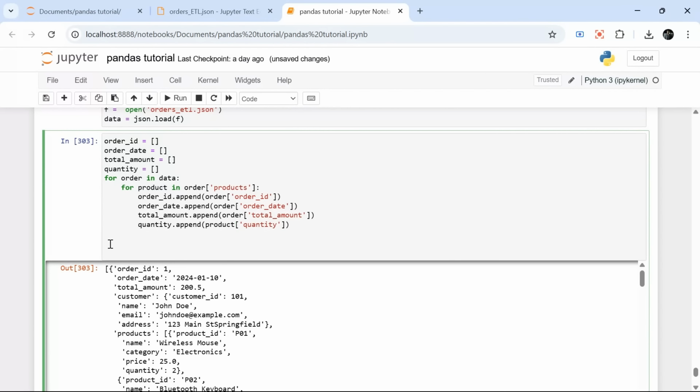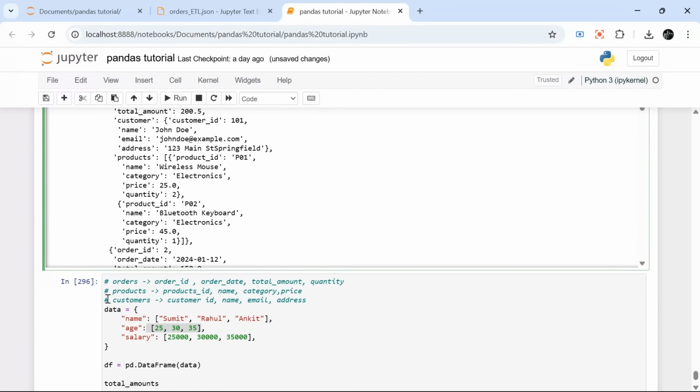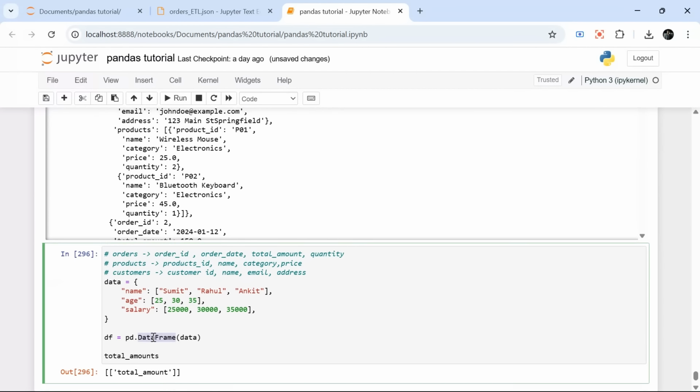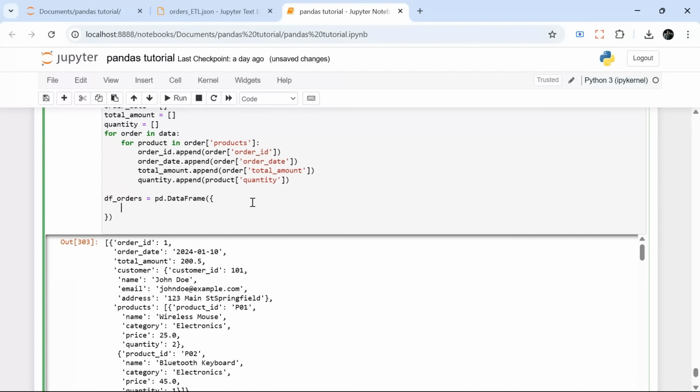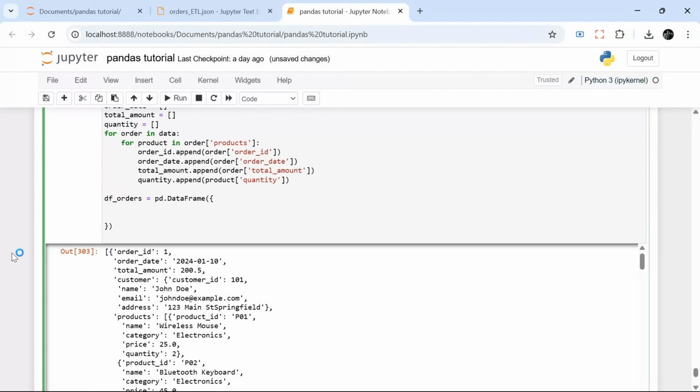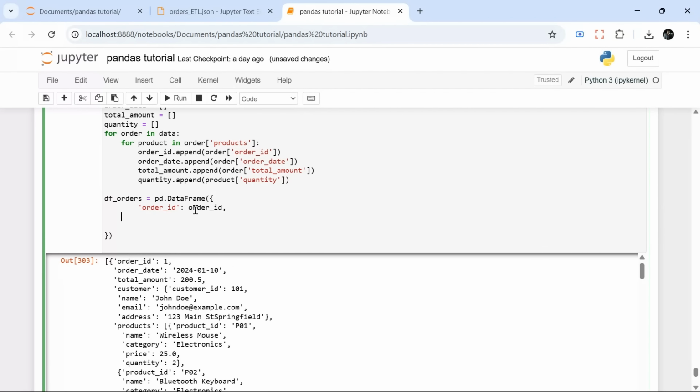So now I have all the four lists ready. I'll show you later as well. But I can simply say df underscore orders equal to pd dot data frame, in the same format we have to create. I have come out of the loop by removing the indentation, and then I will pass a key value pair, or you can say JSON here, right? So in the JSON, first column I want is order ID, and the values for this will be this list. Second element will be